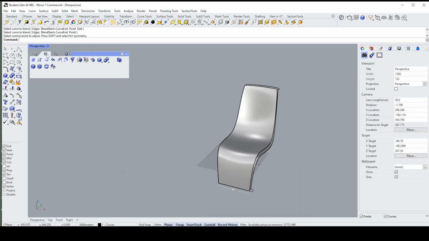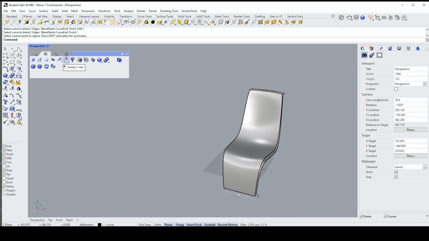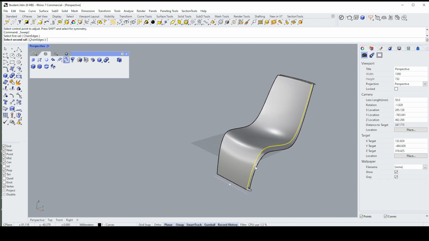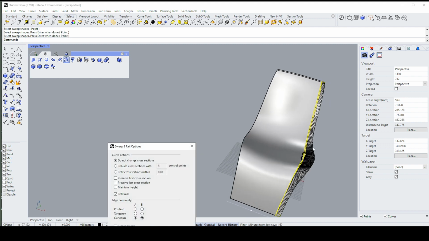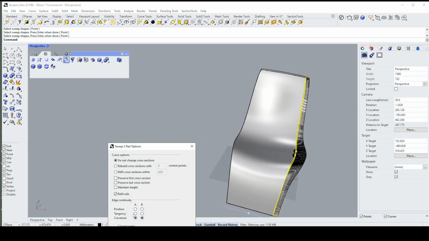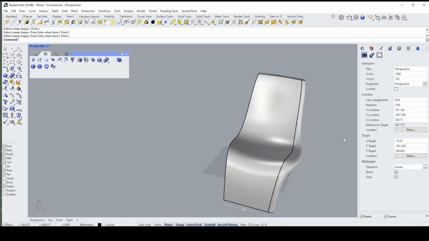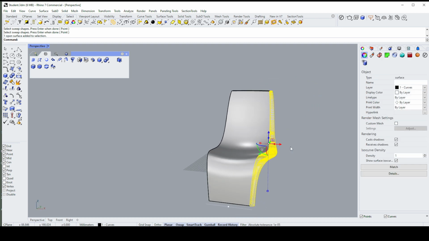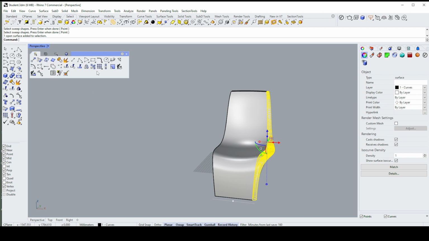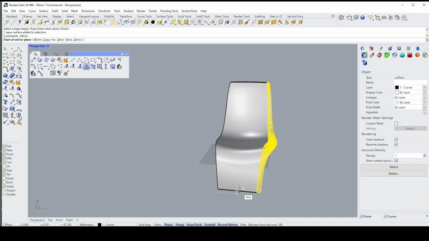And then we'll do the sweep two rails again. So sweep two rails. Here's my one rail. There's the other one. Here's a shape. Here's a shape. And right click. And then I can choose whether it's tangent, position, or curvature. Let's leave it at tangency for now. It's a bit of a weird shape, but just to show you how this works is good enough. So I'm going to mirror that,